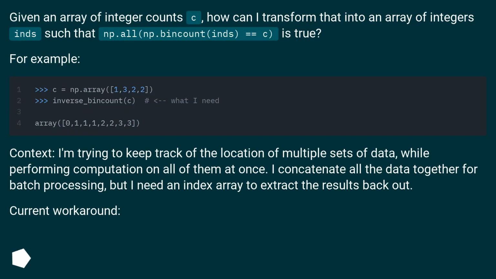Inverse of numpy's bincount function. Given an array of integer counts C, how can I transform that into an array of integers ins such that np.all(np.bincount(ins) == C) is true? For example,